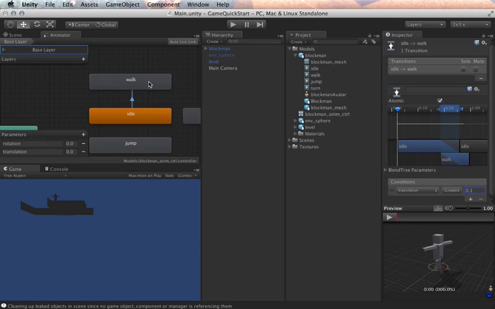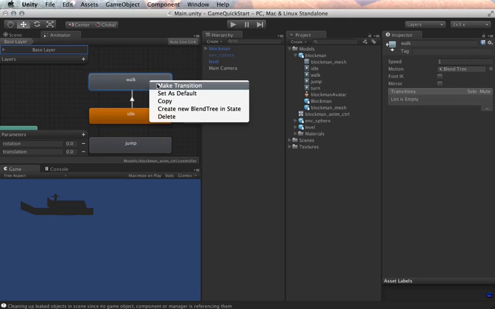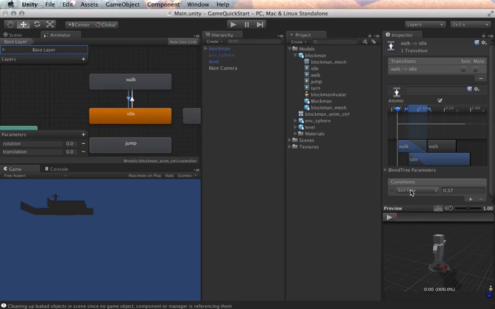So now that we're walking, how do we set that back to idle once we stop pressing that button? I'm going to create another transition, right-click, make transition, drag that back to idle, click on the arrow, conditions, translation. We're going to say less than 0.1. Okay,